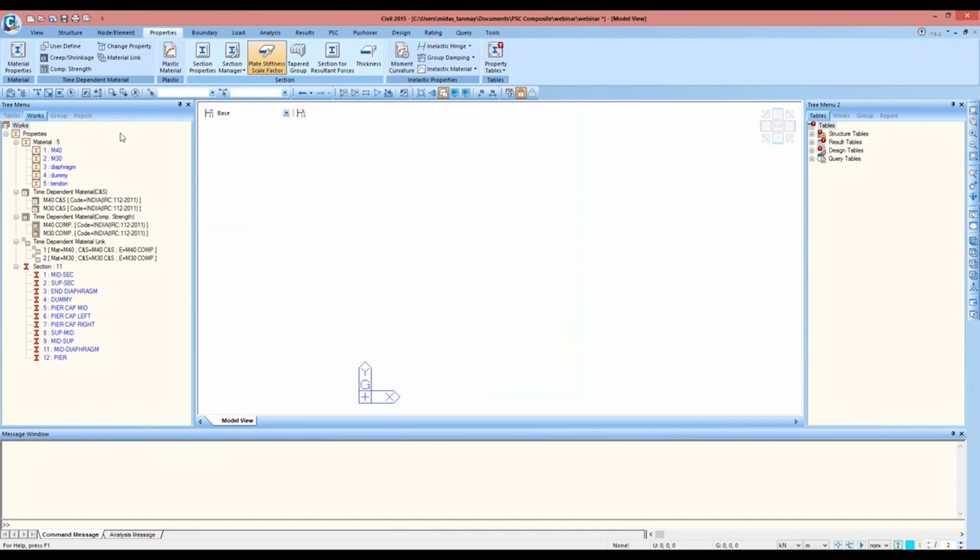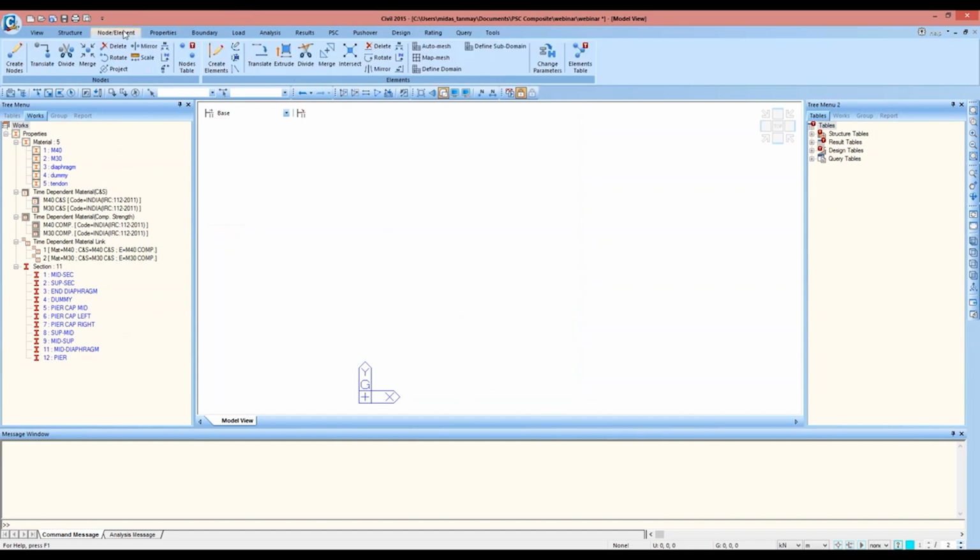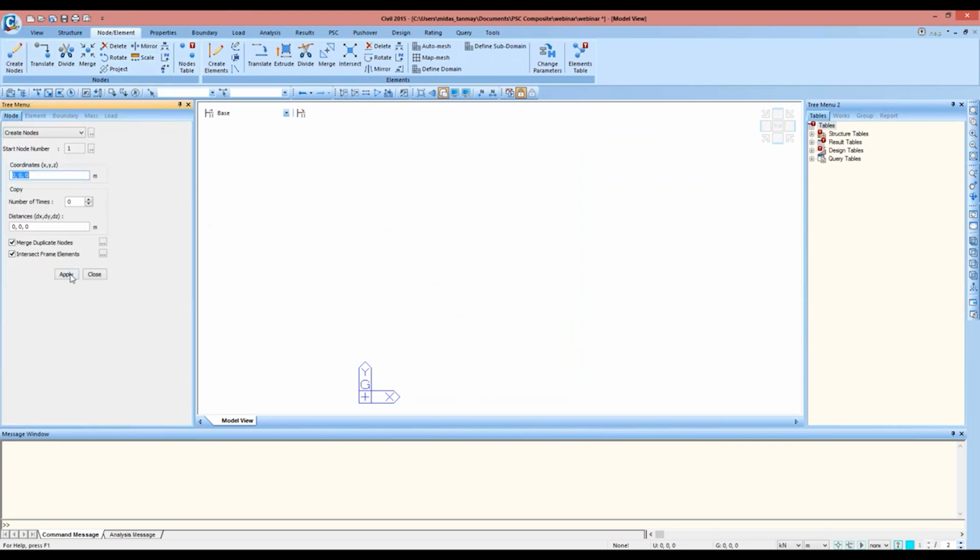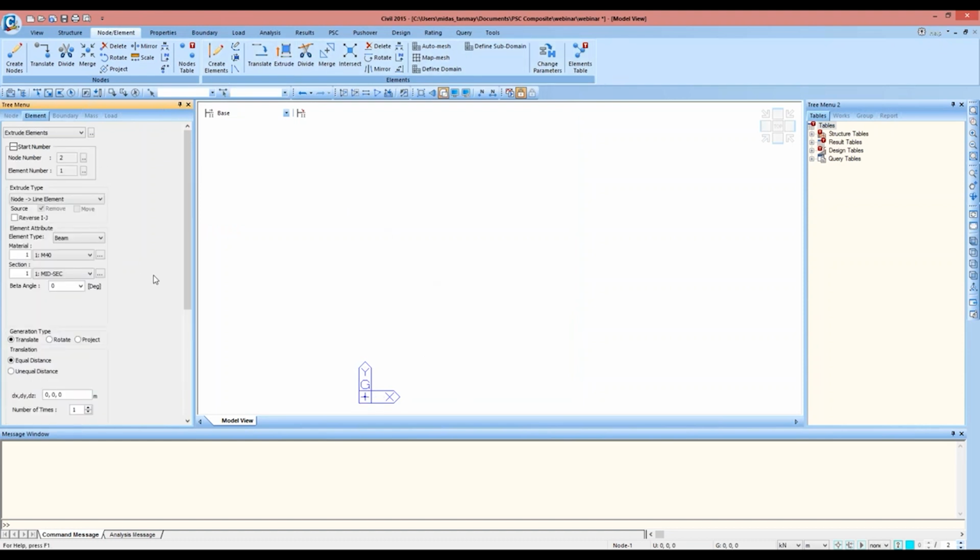So basically I'll be generating the right span first, and then I'll use the mirror option to create an exact replica on the left hand side. So I'll go to node slash element, create nodes and apply. So a node is created here at origin, and now I'll use the extrude option to generate girder from this node.